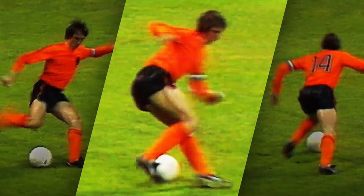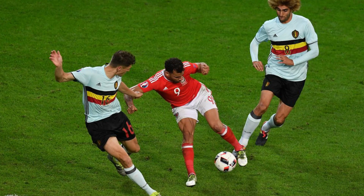Let's now move on to the number 1 spot. When you talk about skills and technique in football, Johan Cruyff is one of the first names that pops up. His famous Cruyff Turn is a feast to the eyes when players pull it off during the game. The skill allows a sharp change of direction and can be used to beat an opponent as shown, or to earn space in congested areas. The trick came to prominence through Cruyff's usage of the move at the 1974 World Cup and has been commonplace ever